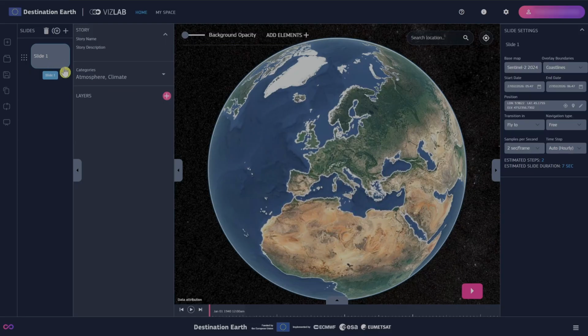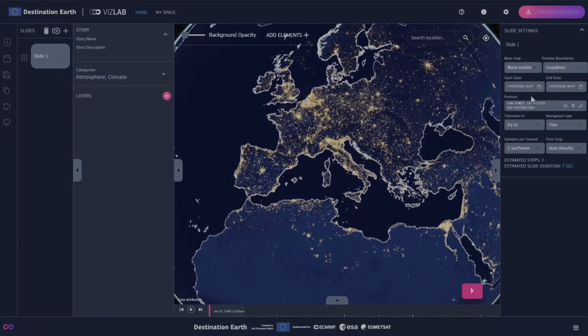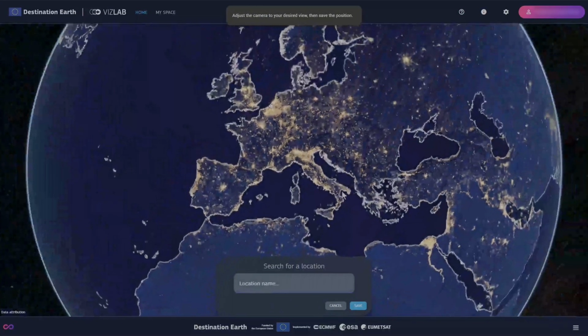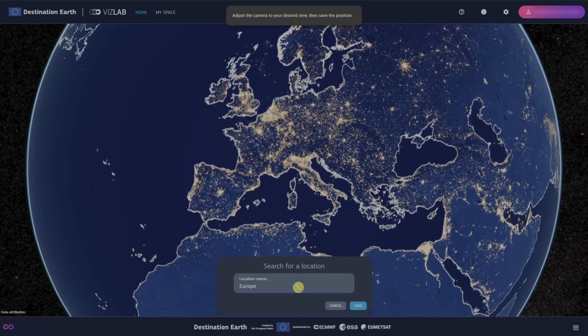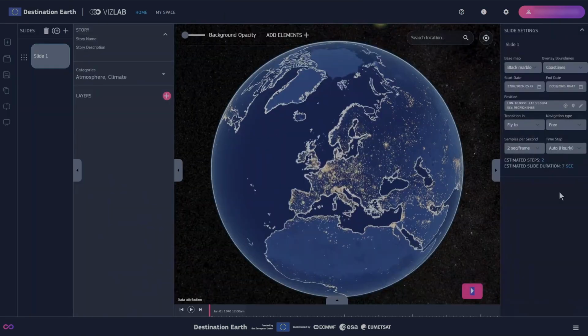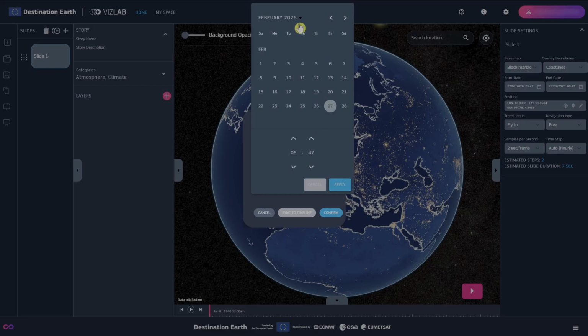Our story will be composed of one or more slides. Inside each slide, we can customize the map settings and choose the perfect framing. We can do this by freely moving the camera around the globe, or by using the search function to point straight at a specific place of interest. Next, to bring our data to life, we can define a time range, the specific time interval the slide will cover,